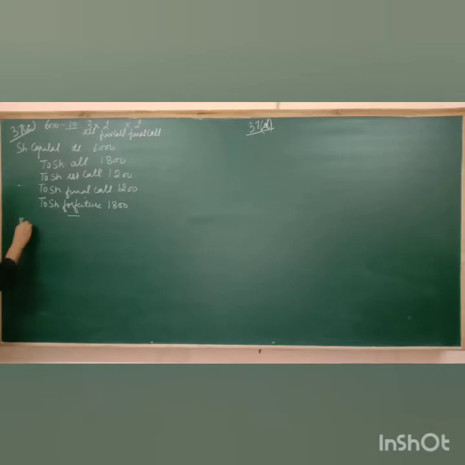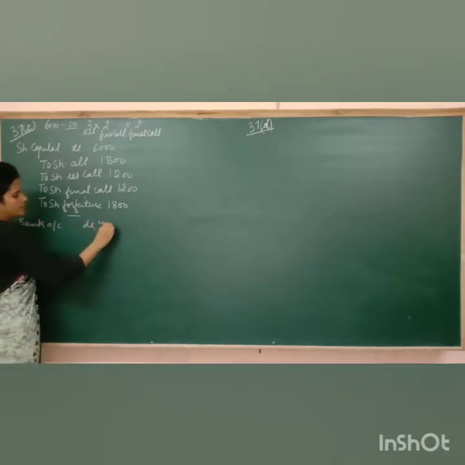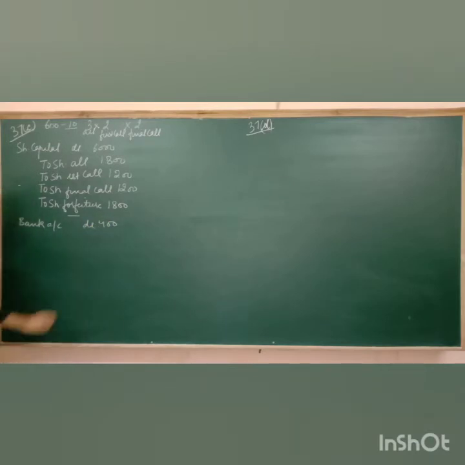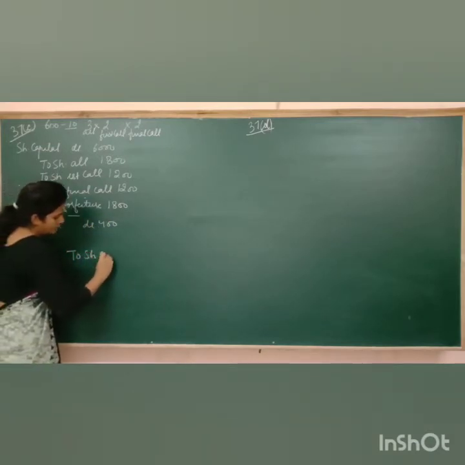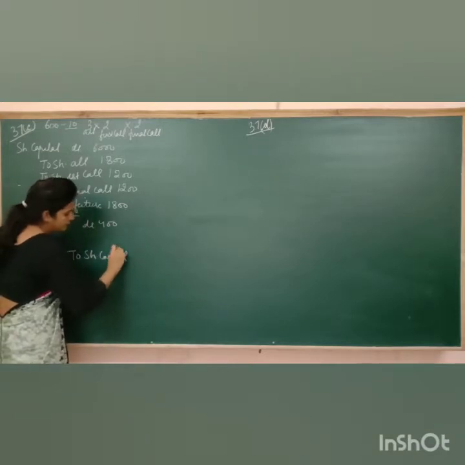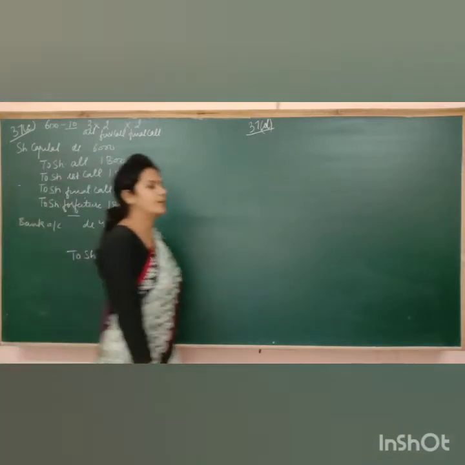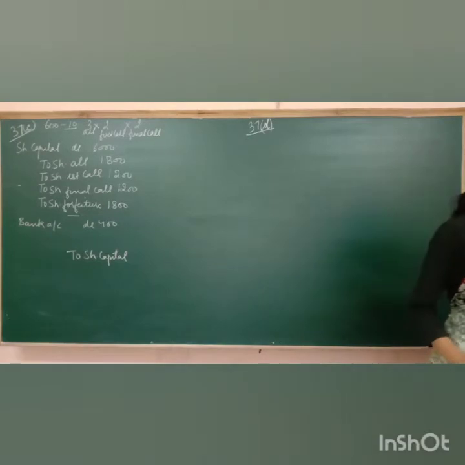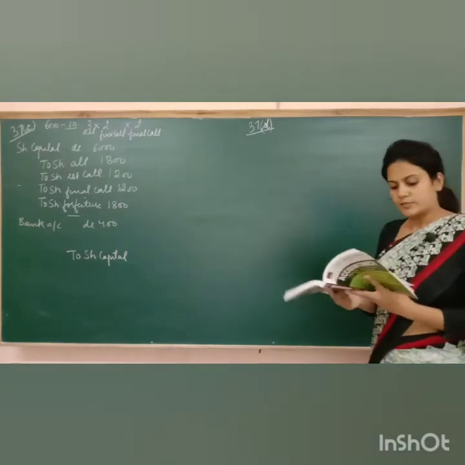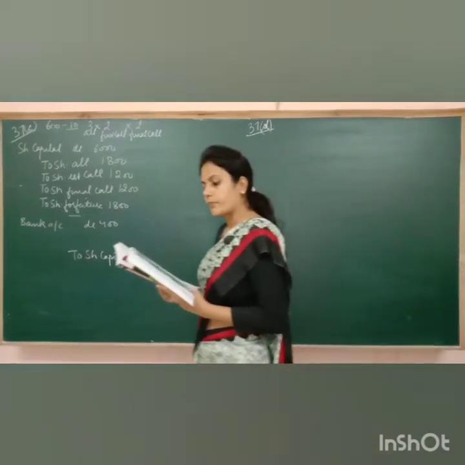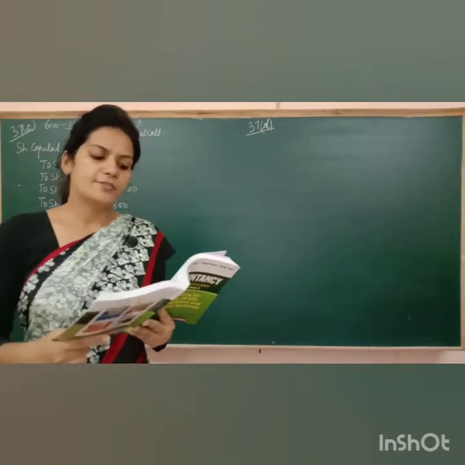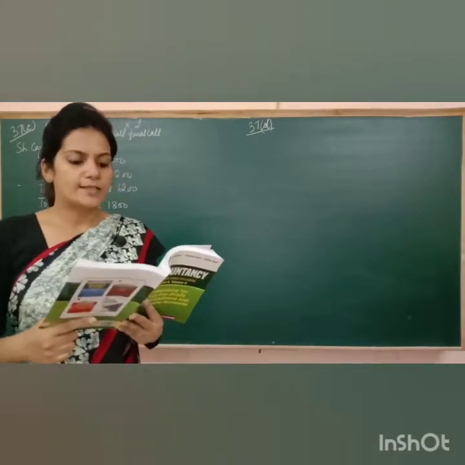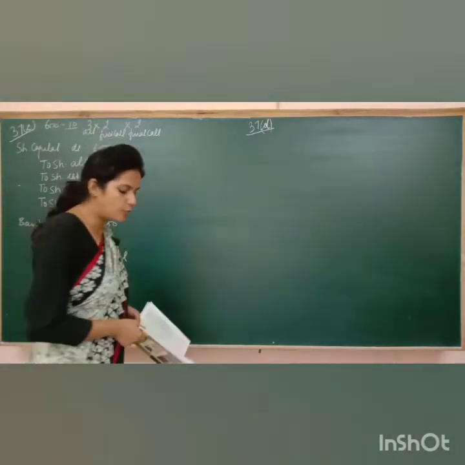400. So bank account will be debited. 400 shares we have reissued. Entry is bank account debited to share capital. Now see what is the criteria given to us. It is mentioned that 400 of these shares were reissued as fully paid up at a maximum rate of discount allowed by the law.